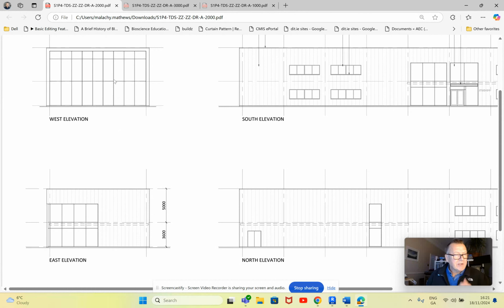Now you can see immediately there's a problem up here. There's no way with the arrangement that I have, and I think with any of the arrangements with the slopey roof on it, that we're going to get a full set of glazing up here. So this part up here is going to be a reflection of what's down here. We're going to have a portion of cladding in around there. There's just no way to